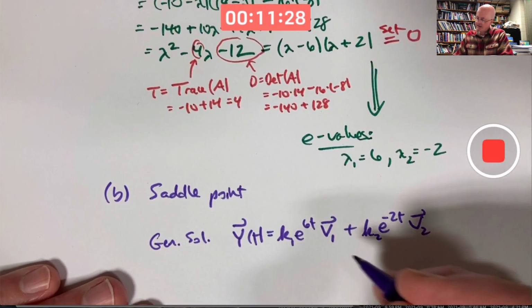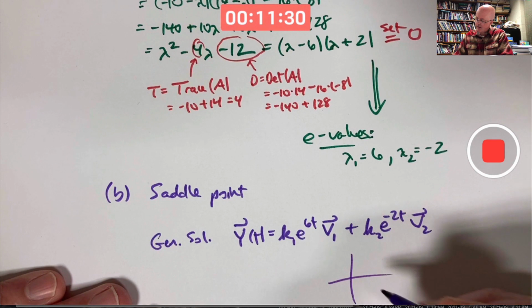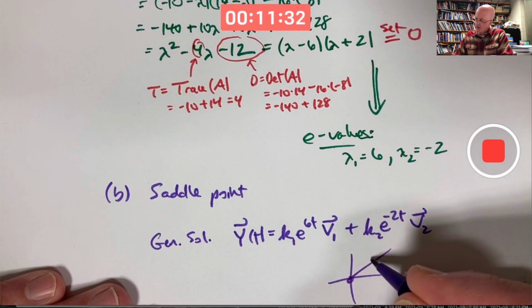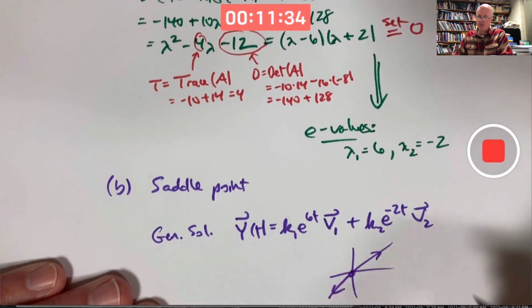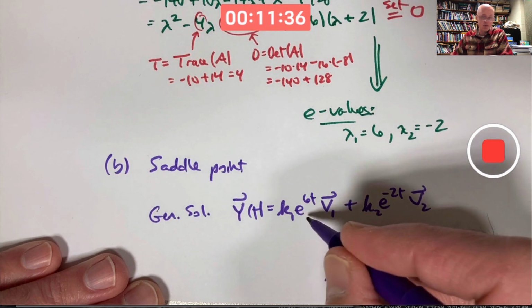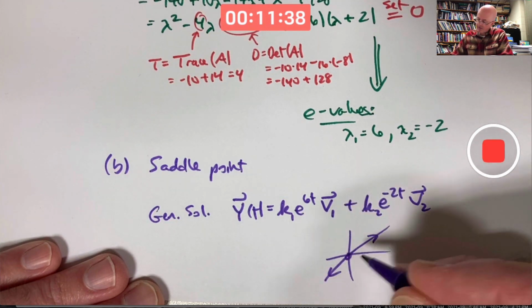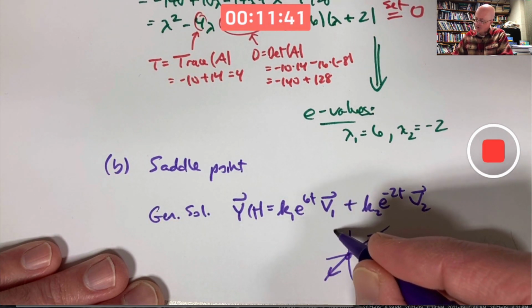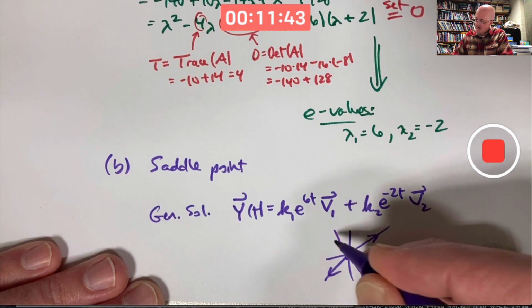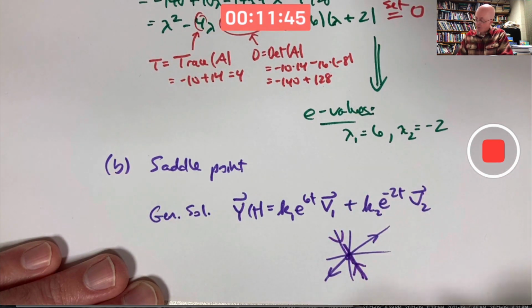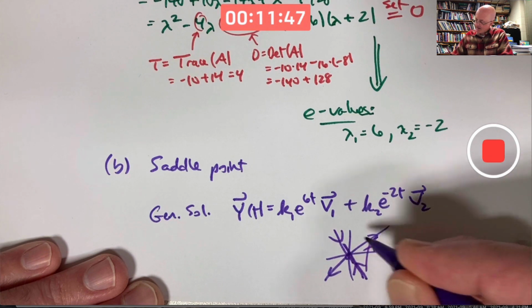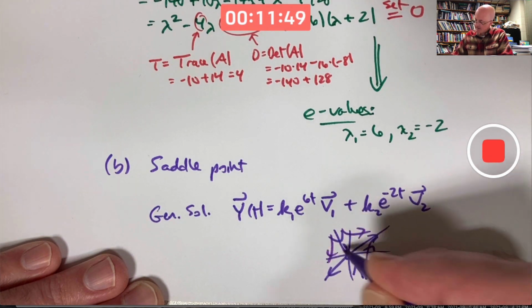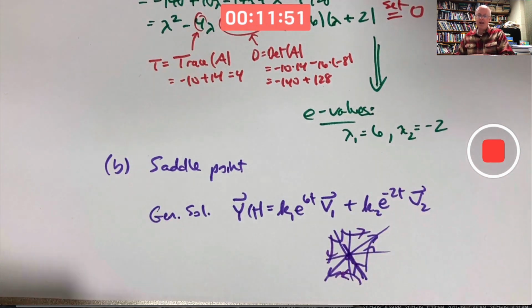And ultimately, what this means is you've got one straight line solution corresponding to the positive eigenvalue where it's exponential growth, and so you have arrows pointing away from the origin, and another straight line solution corresponding to the negative eigenvalue where the arrows point toward the origin, and the other solutions tend to look like this kind of picture here, and that's reminiscent of a saddle point like you would find